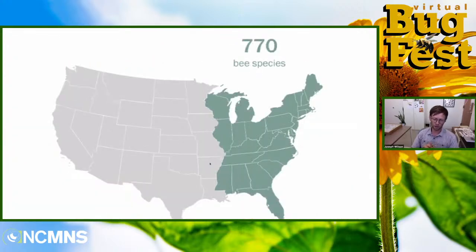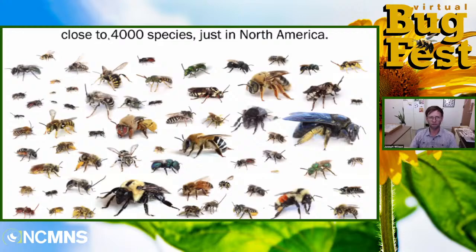Another thing to think about is where native bees live. The diversity of native bees is not equally spread. Actually, I should go back to this. I forgot to say there are nearly 4,000 species of native bees in the US and Canada. 4,000, that's a lot. That's quite a bit more than native birds that live in the US and Canada. So if any of you are birders, you know it can be challenging to try to find different rare bird species or identify those sparrows that are in your bushes. Native bees, I think there are roughly 4 times as many native bee species as bird species in the US.